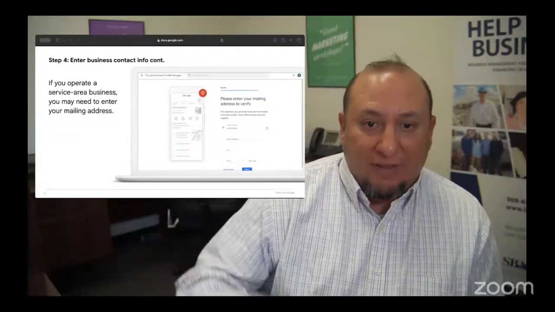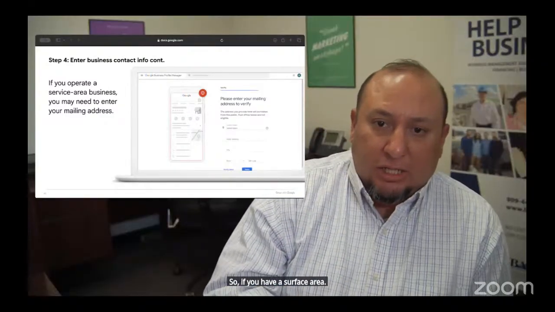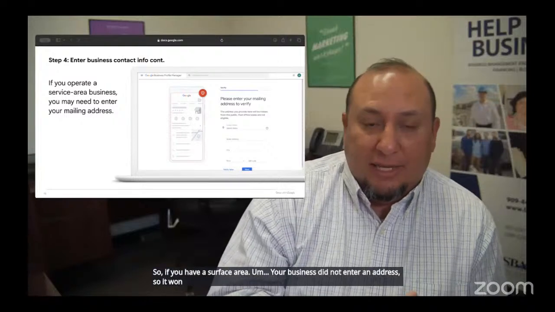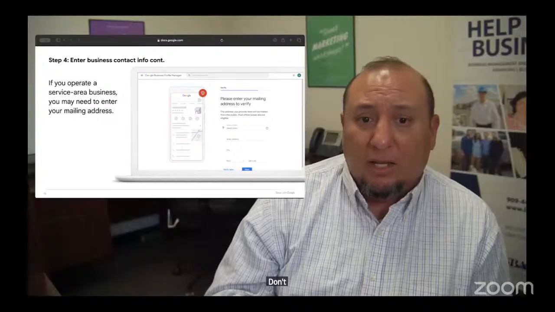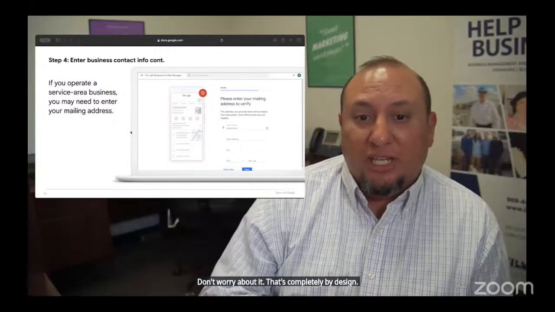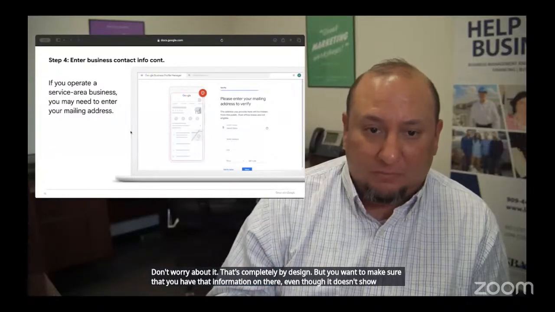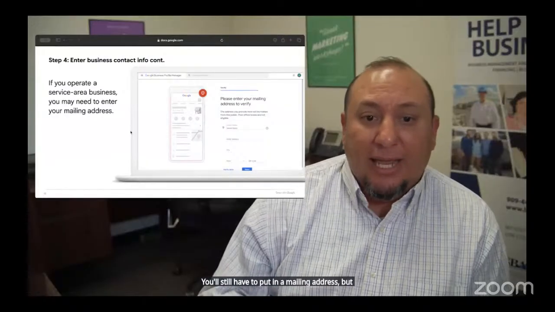So if you have a service area, your business did not enter an address, so it won't show up on the actual Google search. Don't worry about it. That's completely by design, but you want to make sure that you have that information on there, even though it doesn't show up. You'll still have to put in a mailing address, but it won't show up.